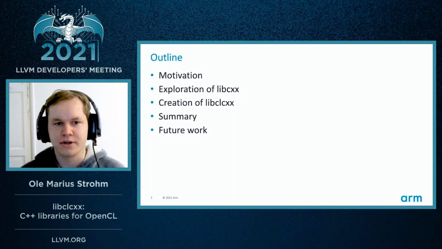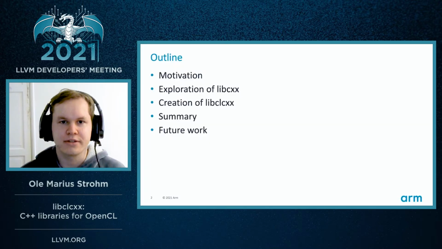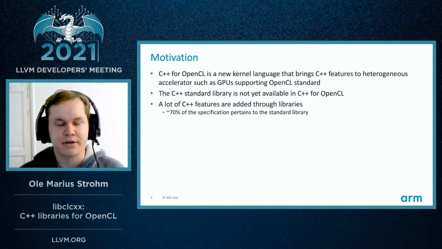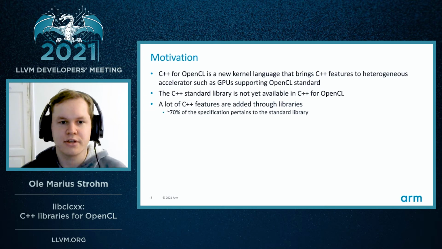So to begin with, I will talk about the motivation behind libclcxx and the initial exploration of using libcxx in C++ for OpenCL. Then Ishfaq will go on to talk about the creation of libclcxx and finish off with the summary and future work. So C++ for OpenCL is a relatively new kernel language that brings C++ features to accelerators